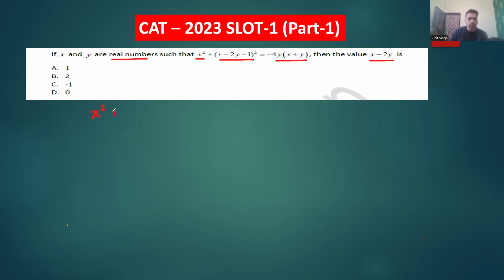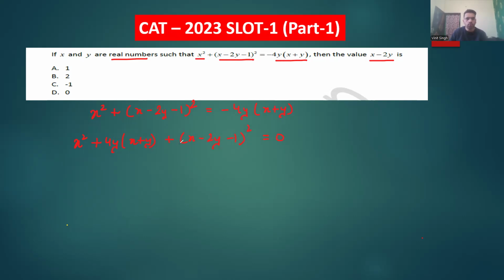Now we will take the right hand side to the left side. So it will be x square plus 4y(x plus y) plus (x minus 2y minus 1) whole square